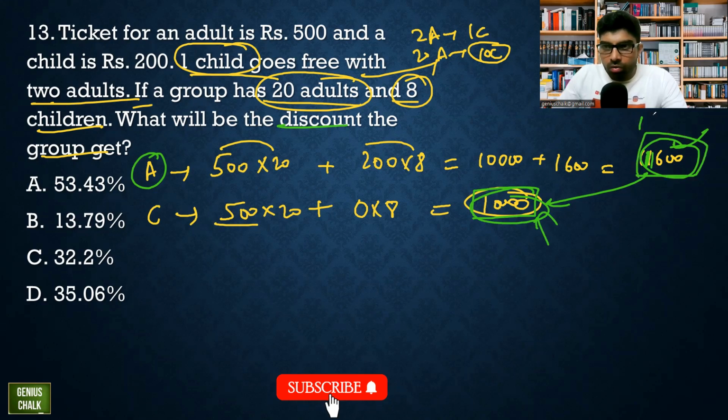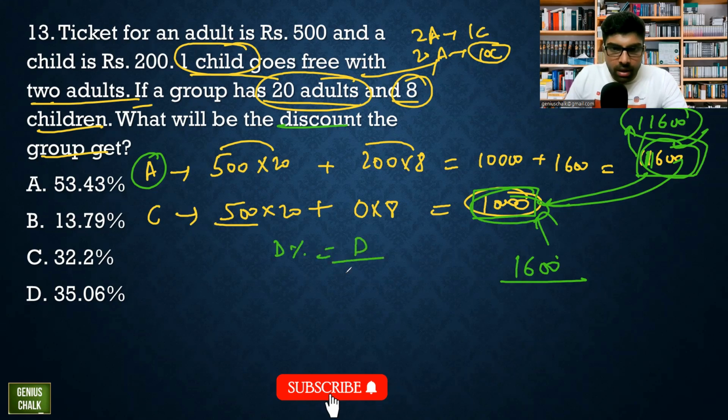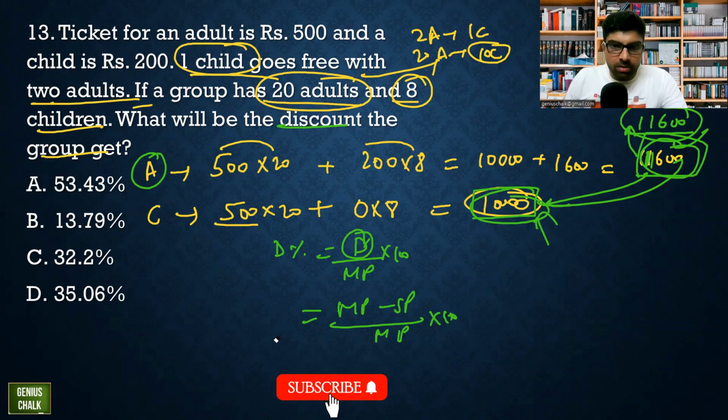Actual was 11600. So how much is the difference? It is 1600 by, it is MRP, right? The actual price. So discount percent means discount by MRP into 100. That's what we have discussed. And discount means mark price minus selling price upon mark price into 100. So this is the difference. This is mark price minus selling price upon mark price. So mark price is this. So 1600 by